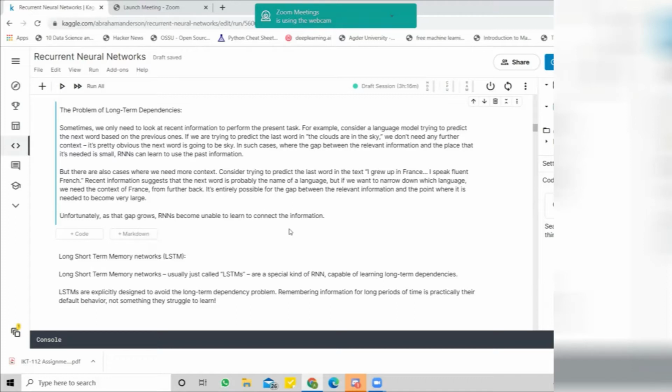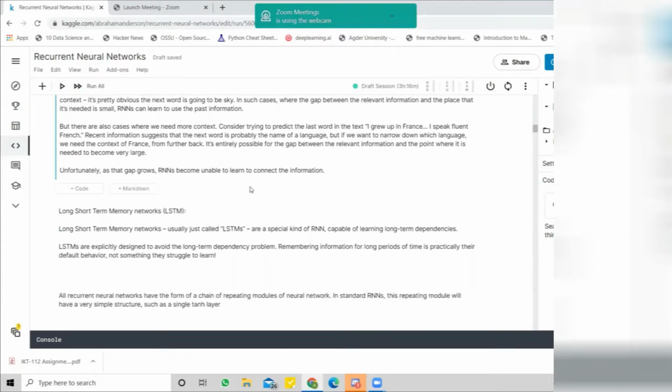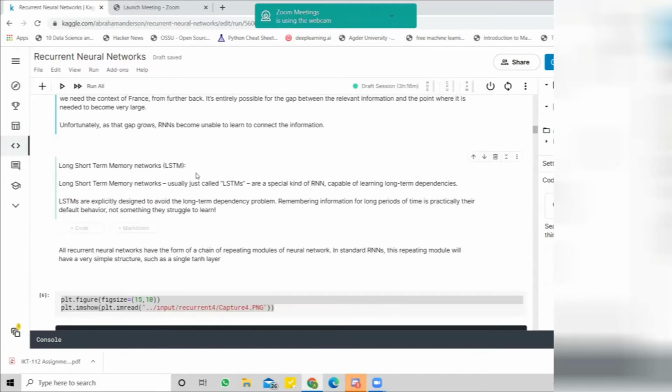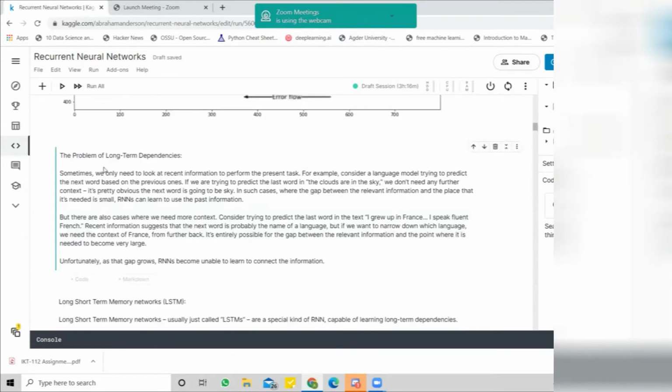So when it gets a little bit complicated, normal recurrent neural networks have some drawbacks. Therefore, in 1991, if I can remember correctly, a very good solution emerged for this long-term dependency problem.